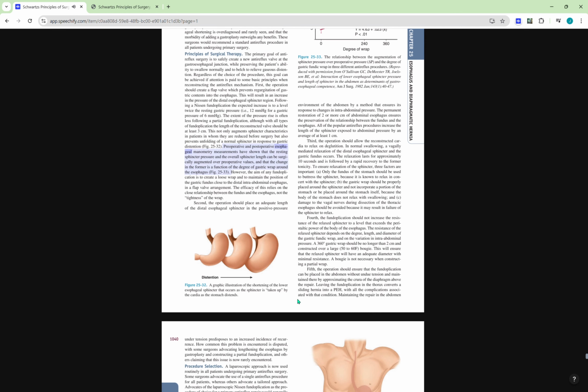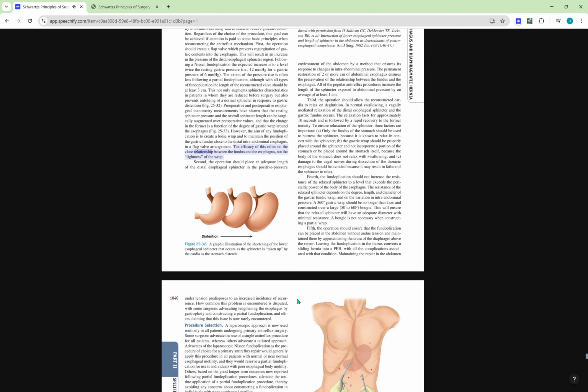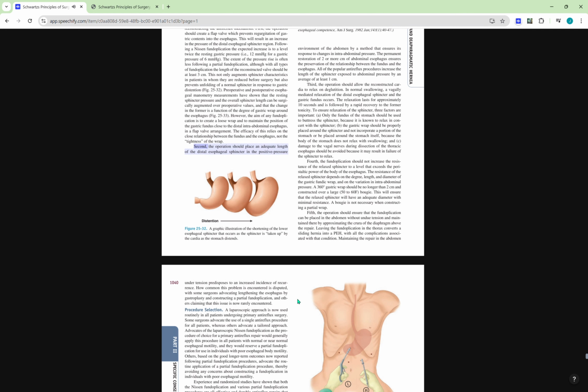Preoperative and postoperative esophageal manometry measurements have shown that the resting sphincter pressure and the overall sphincter length can be surgically augmented over preoperative values, and that the change in the former is a function of the degree of gastric wrap around the esophagus. However, the aim of any fundoplication is to create a loose wrap and to maintain the position of the gastric fundus close to the distal intra-abdominal esophagus in a flap valve arrangement. The efficacy of this relies on the close relationship between the fundus and the esophagus, not the tightness of the wrap. Second, the operation should place an adequate length of the distal esophageal sphincter in the positive pressure